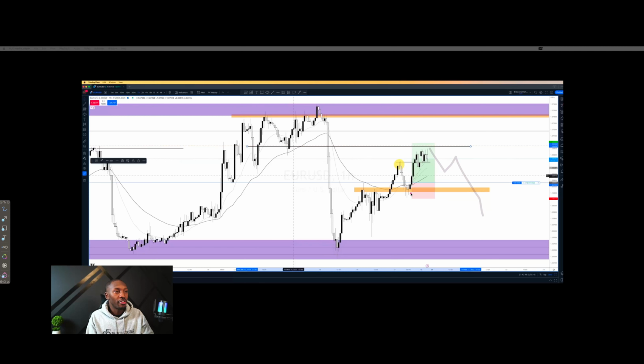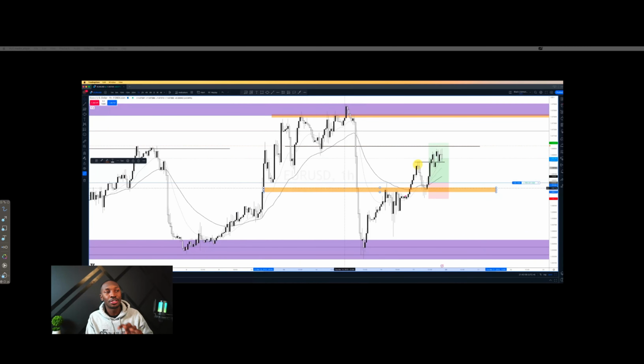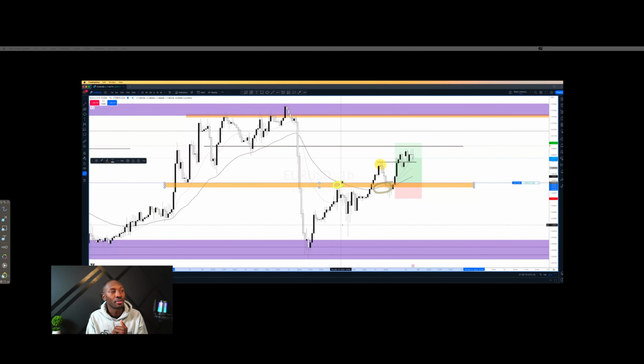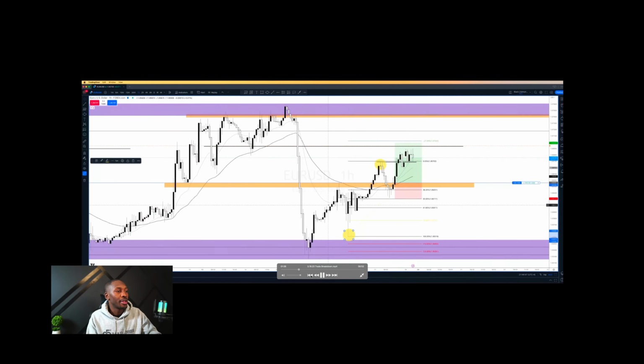All right, so let me go ahead and play the video and talk you through it. Here I am, basically just drawing out my areas of interest. So this area here that you see on the chart is an area that was previously support. And then it broke through right here in this area, broke through that support, and then retested as resistance right here. So I'm just demonstrating that right now. Actually, let's fast forward just a bit. I drew my fibs from the last relative low to the last relative high. So point A, point B, and we found our point C where we got our entry right at the